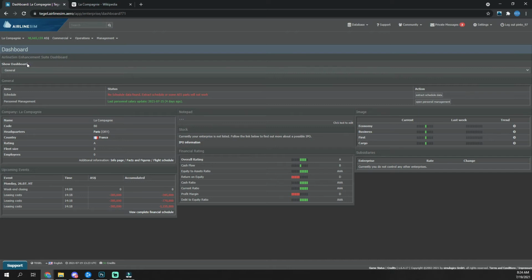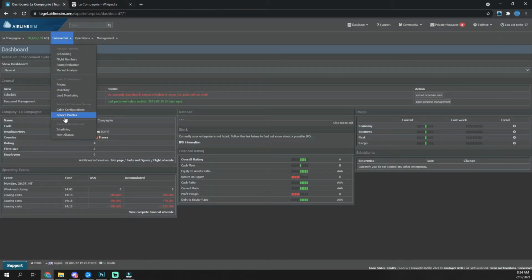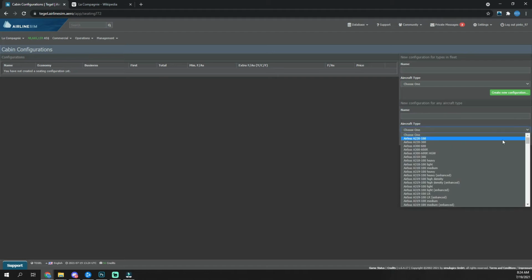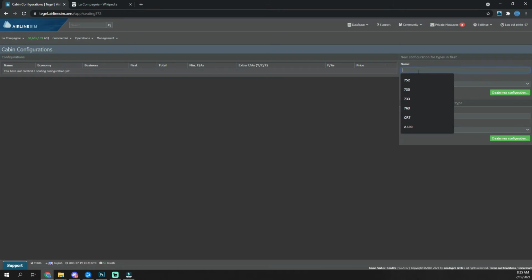But we are going to be looking at our law company, and we notice we're all business class, and that's going to be kind of a cool challenge. So you go to commercial and you go down to cabin configuration. Now over here you can see that there's types and fleet in any aircraft. So here you can just go ahead and make any type, which we'll do in a second, because we have the A321LR in our fleet right now, but the Neos we still have bids out on, so it doesn't recognize it. So we're just going to call this